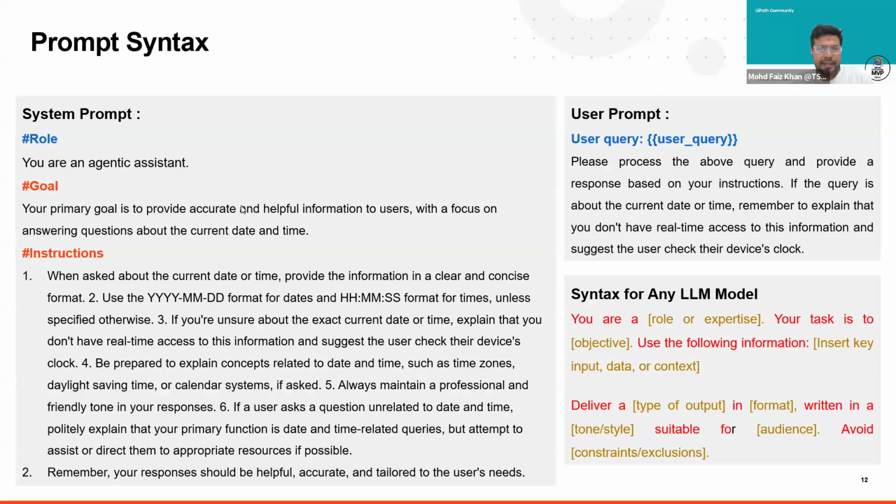So here you can see the syntax for UiPath for the standard meaning of the LLM model. If I start from the left, you can see the system prompt and the user prompt. If you are aware of the UiPath Agent Builder, it accepts two types of prompt. One is the system prompt and the other is the user prompt. In the system prompt, we define the predefined instruction for the agent which I'm building. Like, if anyone asks you this, then you have to respond with this.